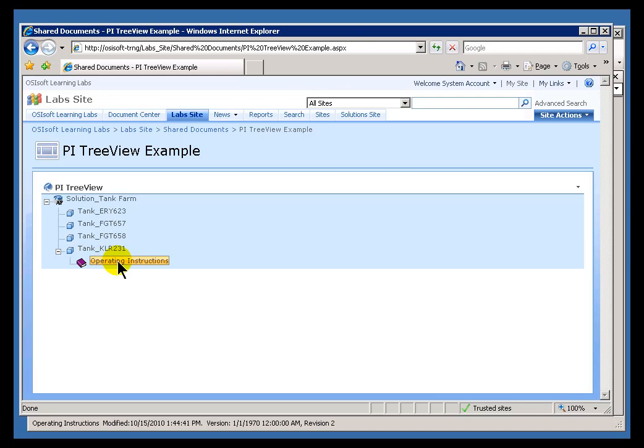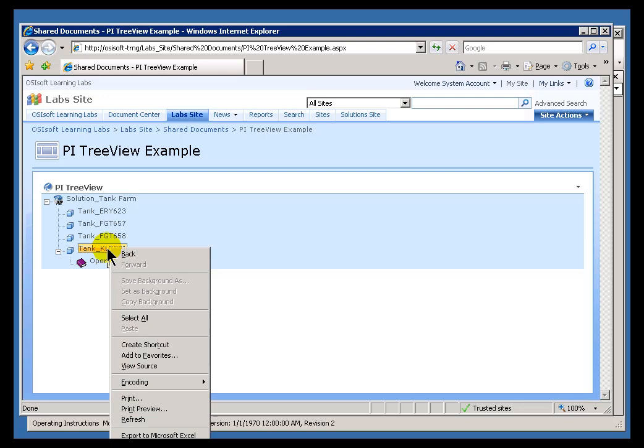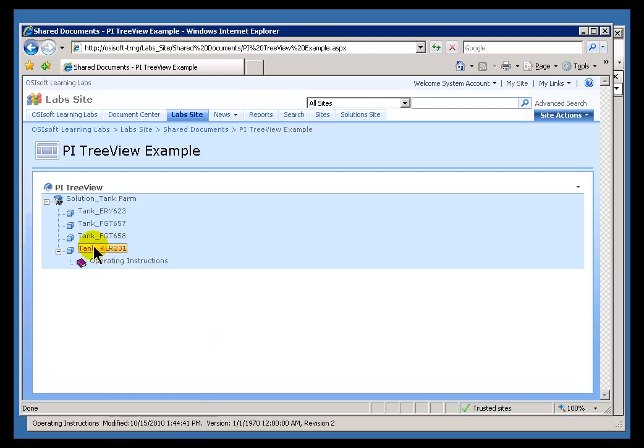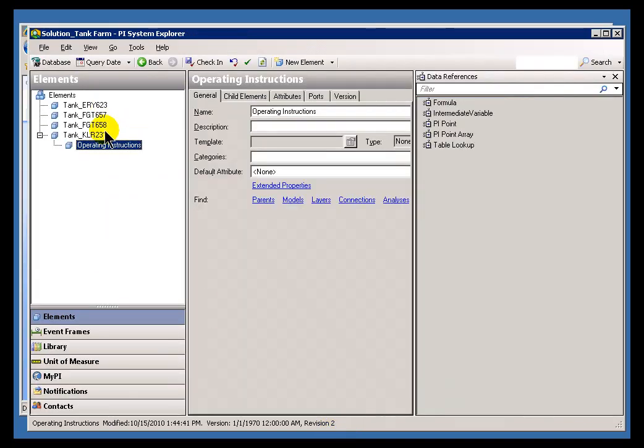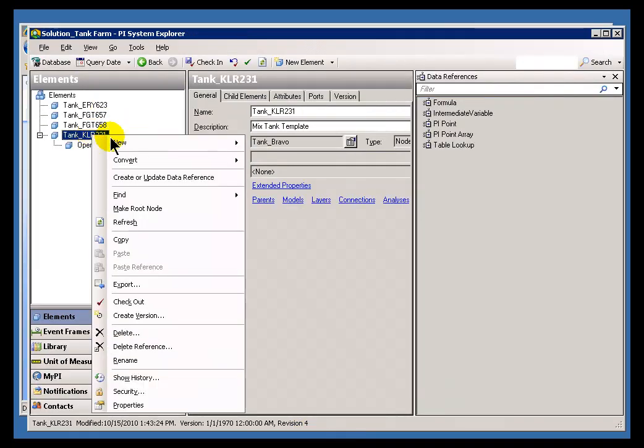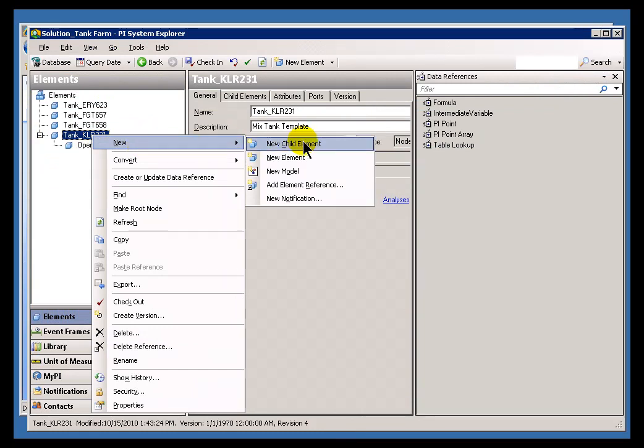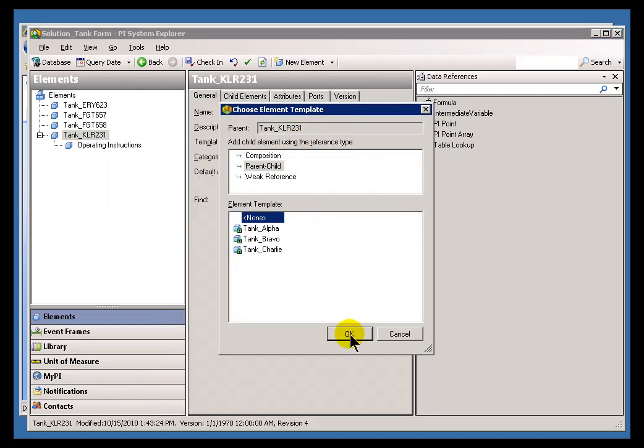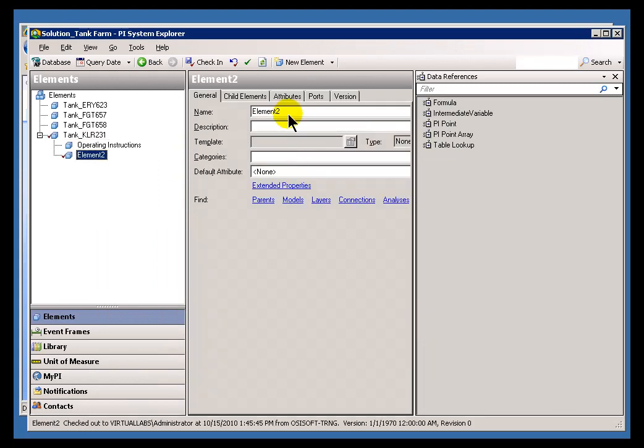Now, a second extended property would enable a hyperlink. So let me pretend now. Let me add a brand new element. Whoops, I forgot where I was for a second. I don't do that here, I do that over here. Remember, here's the System Explorer. What we were looking at on the web page was, of course, just the TreeView control, or the TreeView web part. So I'll choose a new child element, and I'm just going to call this, how about Hurricane